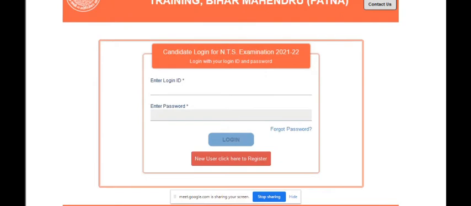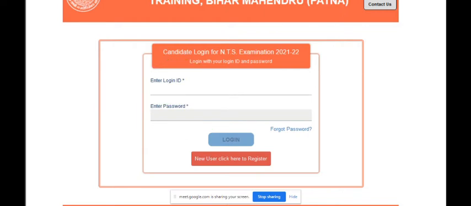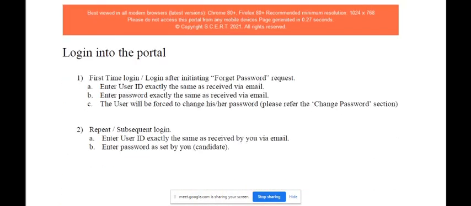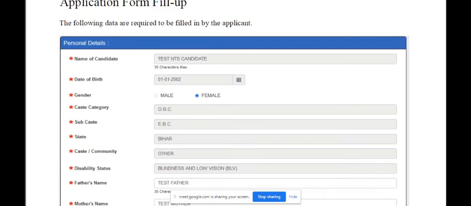So now first we have to type our login ID and password, which you received on your mobile number or email. After that we move to the next page to complete our registration process. As you can see here, this place is given for the email login ID, and below it is given for the password. We have to fill those in. As soon as we click on login, we will move to the next part, filling the form. After that the application window will look like this.